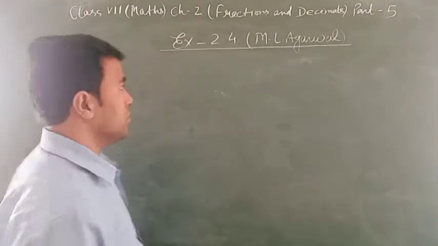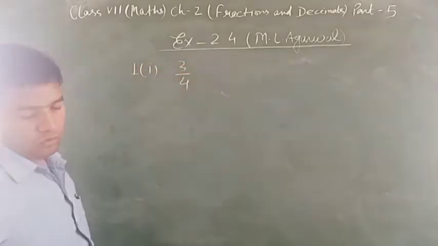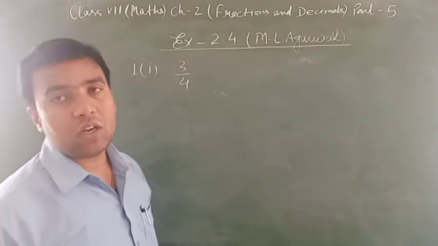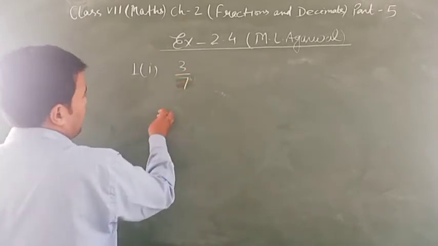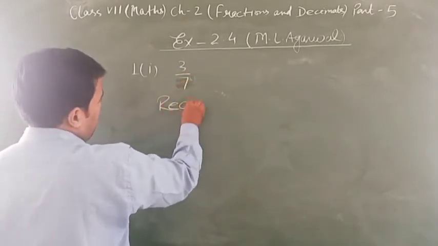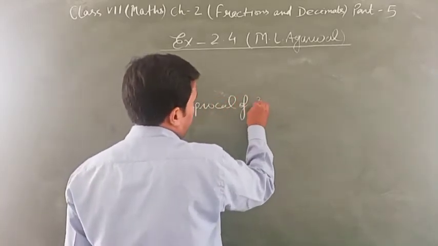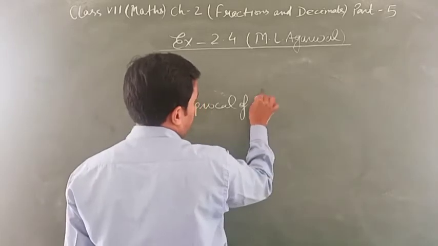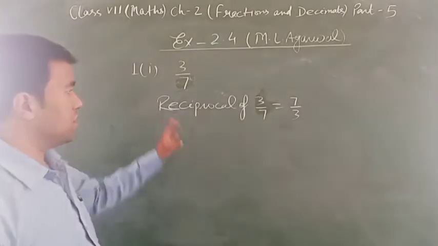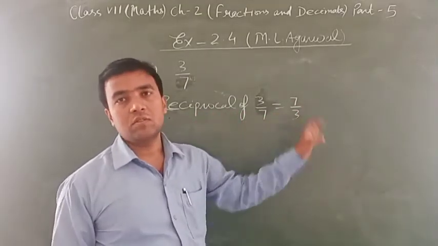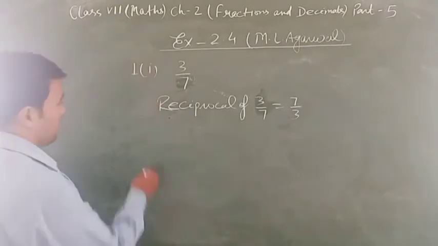Now first question: find the reciprocal of each of the following. First question is 3/7. Reciprocal of 3/7 equal to 7/3. Reciprocal of 3/7 equal to 7/3. Clear? Second question, evaluate